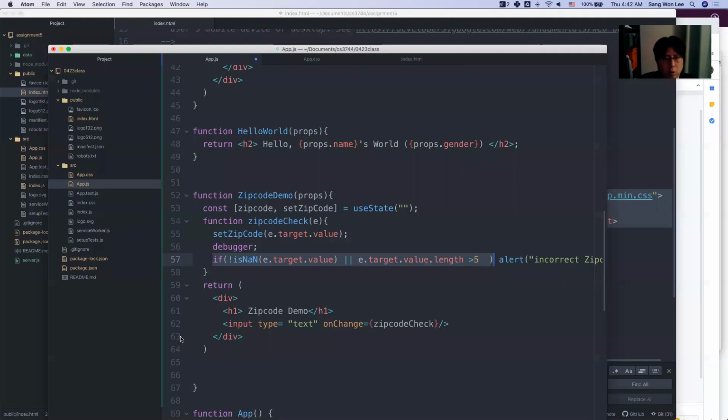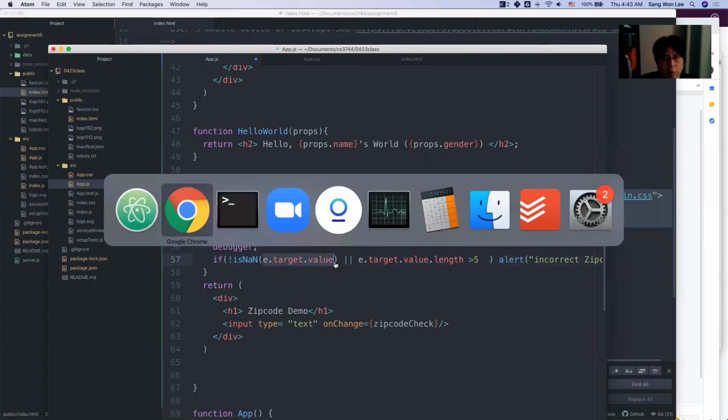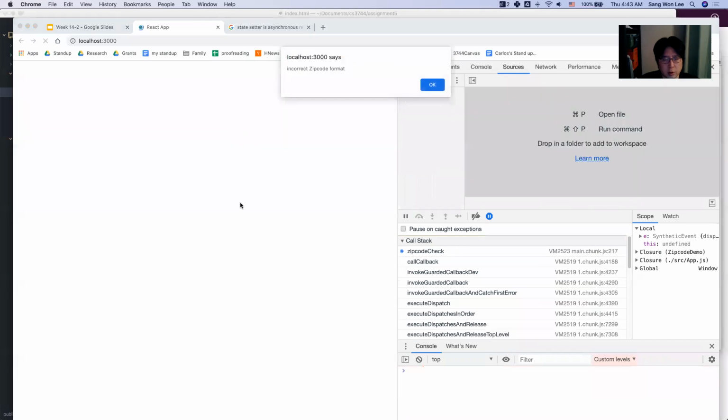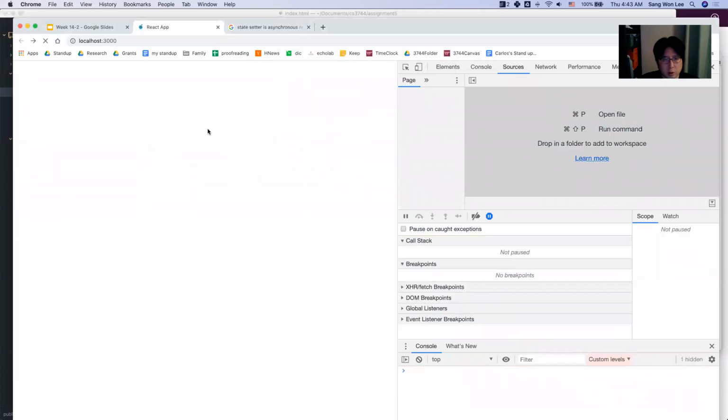Okay. So let's check out the actual value in the input form. And then let's see. So if I type,